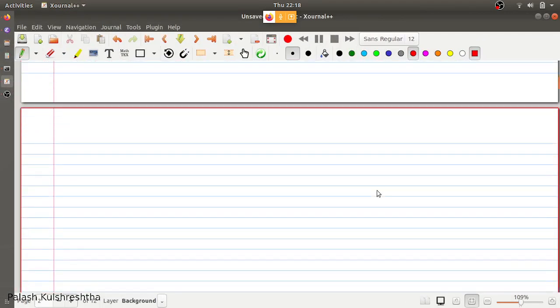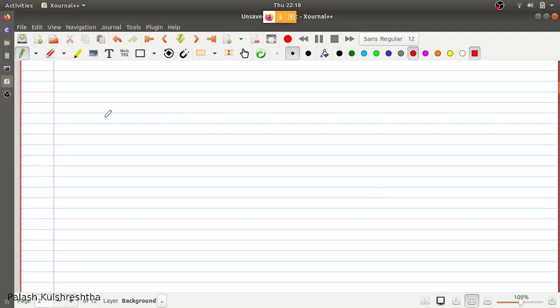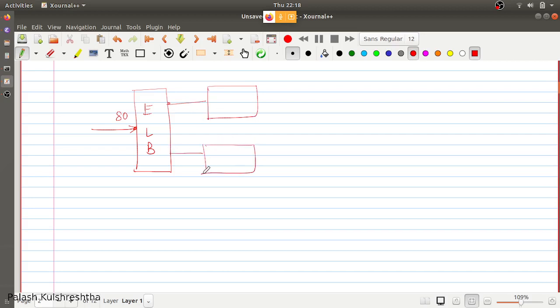So let me redraw it here. So this is the ELB. We are hitting this ELB on port 80. And this ELB is going to send traffic to a particular port of the instances.